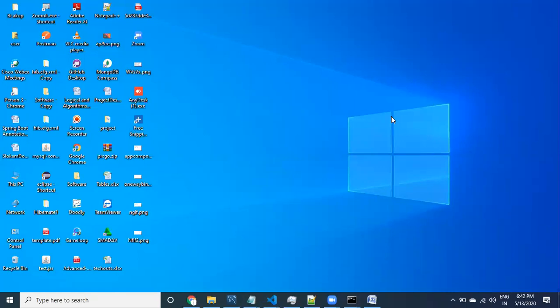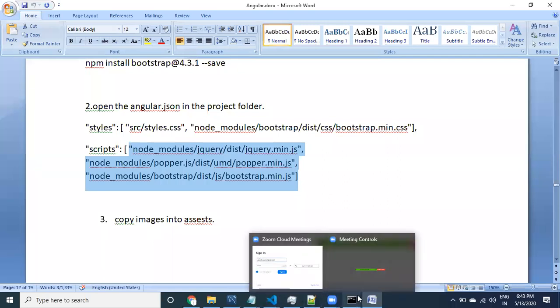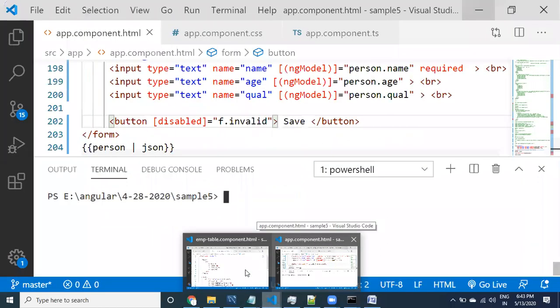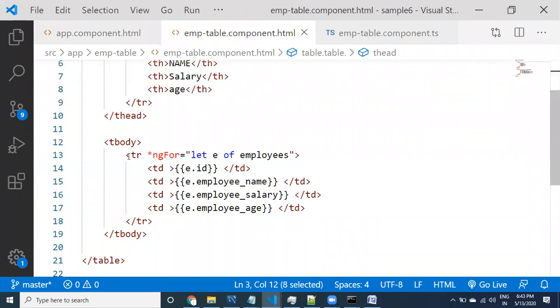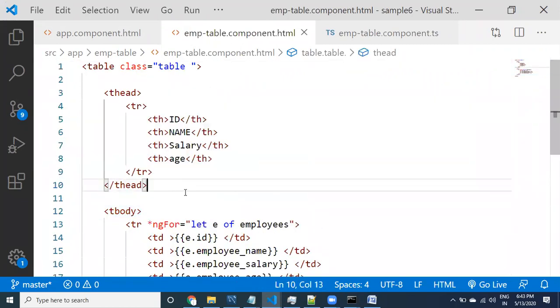t head and t body tags are also needed. Actually, they are required. If you don't use those things, some classes cannot be applied. A few classes are not applied if you don't provide those things. That's why I have provided them. The best practice is providing t body and t head. But normally to display a plain table, it is not required. But to apply some Bootstrap CSS classes, the t body and t head are required.